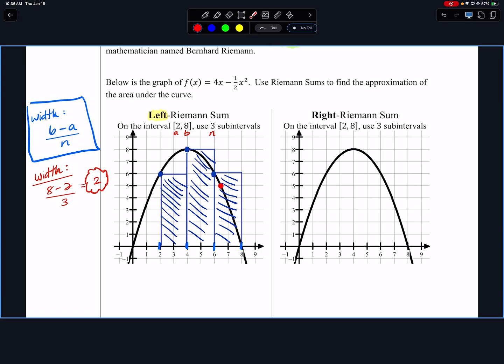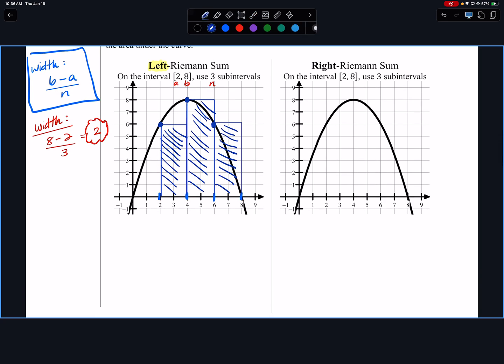Okay, so this is the important part. How do you find the area? Do you guys agree that for a rectangle, area is equal to base times height? Right? So we're going to find base times height plus base times height plus base times height. But what you are going to notice right now is there's a pattern to these. So watch. So the area is going to be,